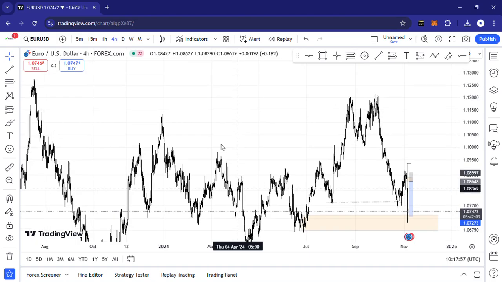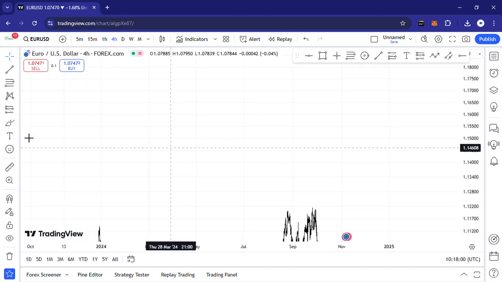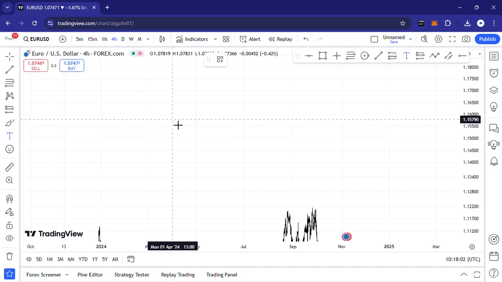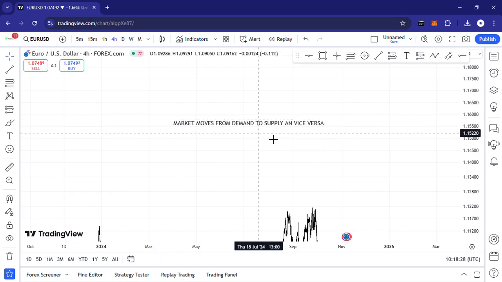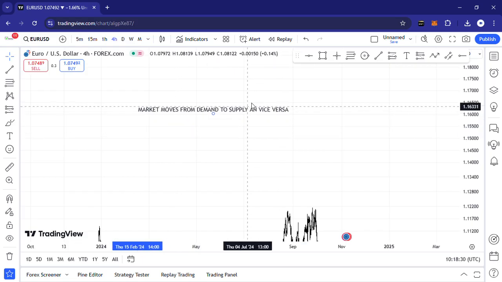Demand and supply is that market tends to move from one area of demand. Market moves, sorry, market moves from demand to supply and vice versa. Okay, so this is the first thing that you must first know, that market moves from demand to supply,